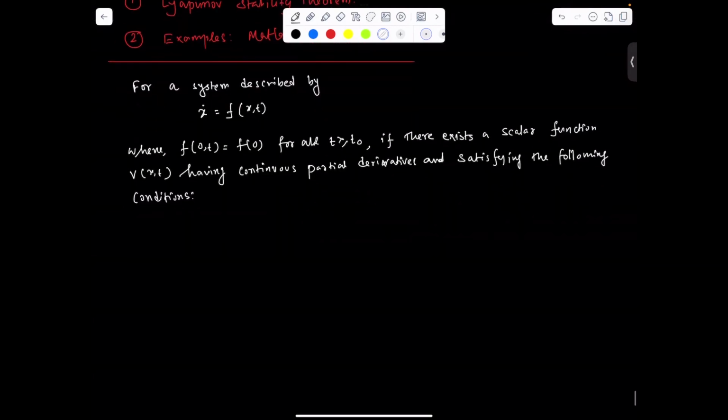The first condition says V of x, t is positive definite,